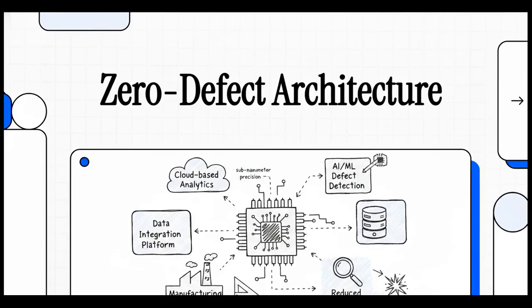Welcome to this explainer. Look, if you're a CIO or an enterprise IT executive in the semiconductor space, you already know the stakes. Achieving zero-defect quality, it's not just some nice-to-have goal on a whiteboard. It's literally a strict requirement for survival, especially when we're dealing with sub-nanometer deviations. I mean, when a single scrapped wafer lot can cost you hundreds of thousands of dollars, good enough IT simply